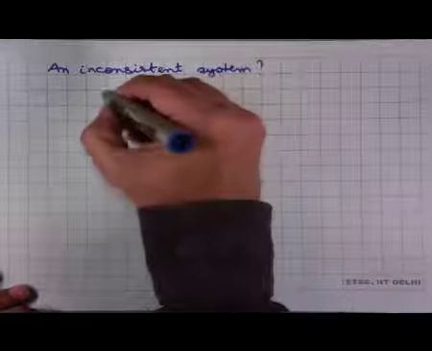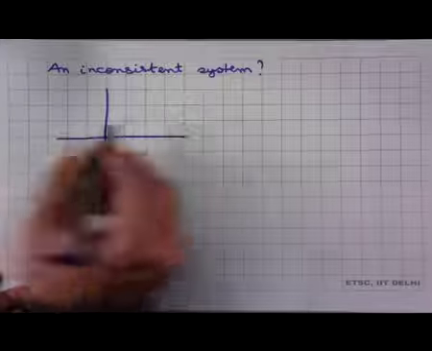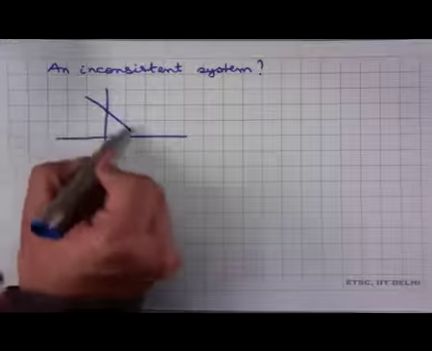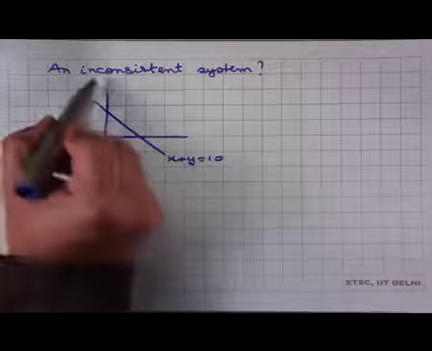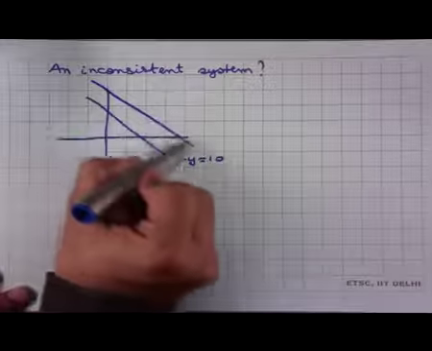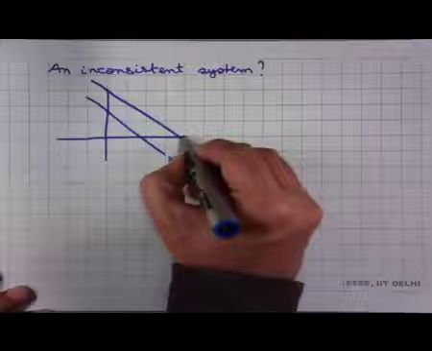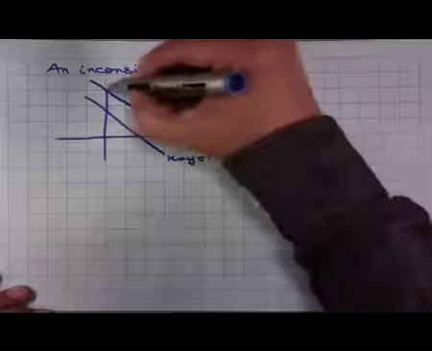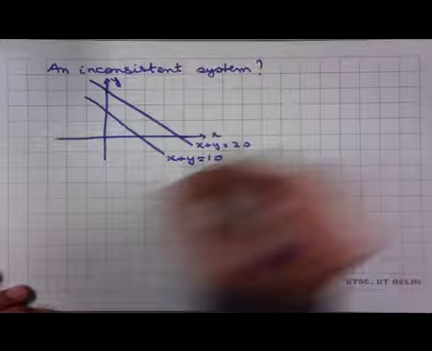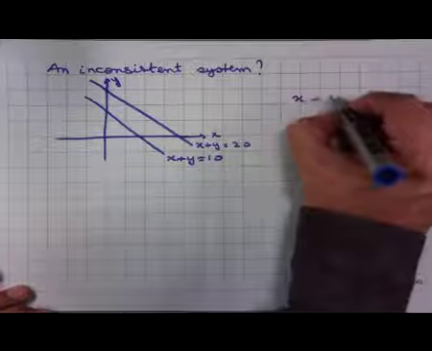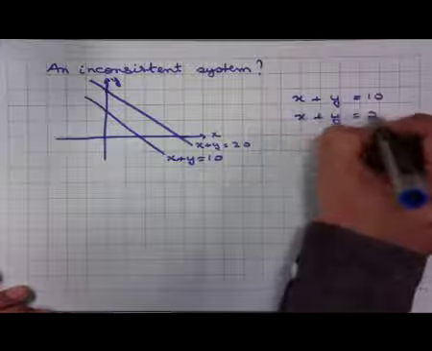So, suppose we look again in the phase plane at two lines. The original is x plus y equal to 10. Suppose we have another line which is x plus y equal to 20. This is x, this is y, and clearly these are two parallel lines. So, if we write down these equations, x plus y equal to 10, x plus y equal to 20,